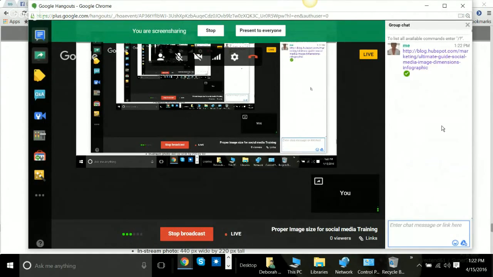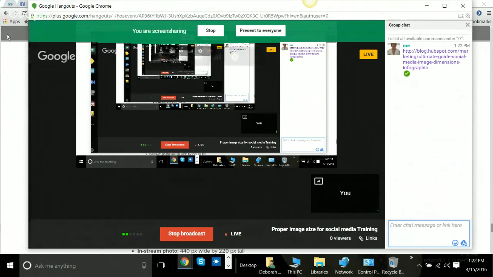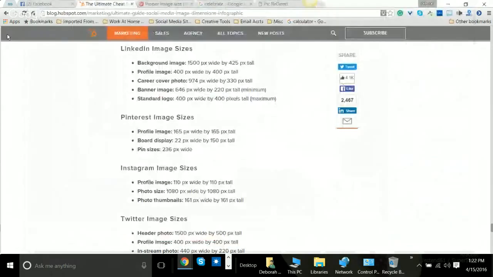to do your own sizing of your pictures, so that they look professional, and you're not in any violation with different websites, or they just don't look. They look really good when you go to post them. So that's the training on different